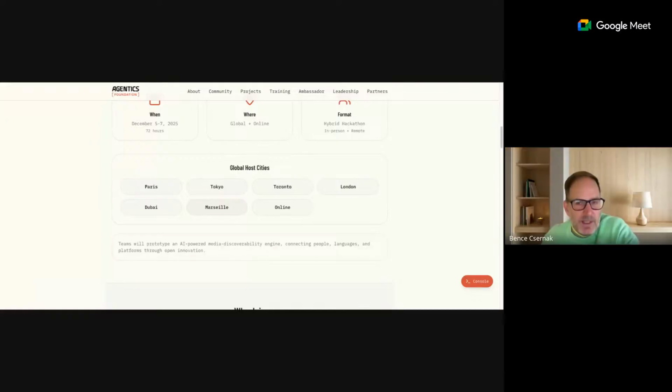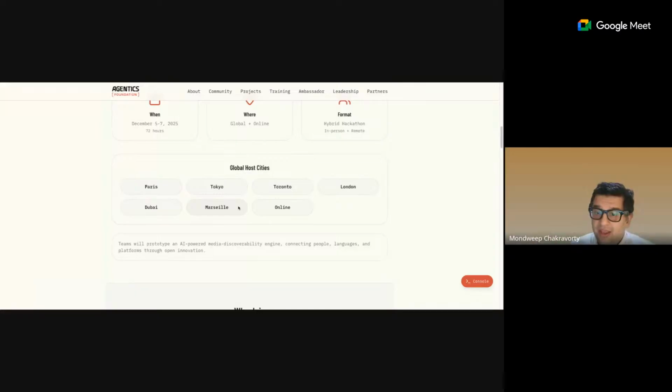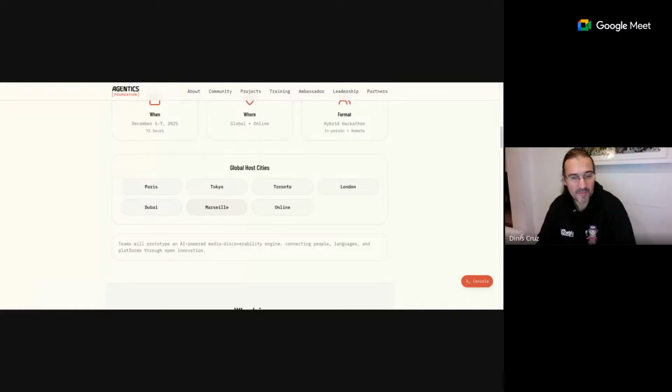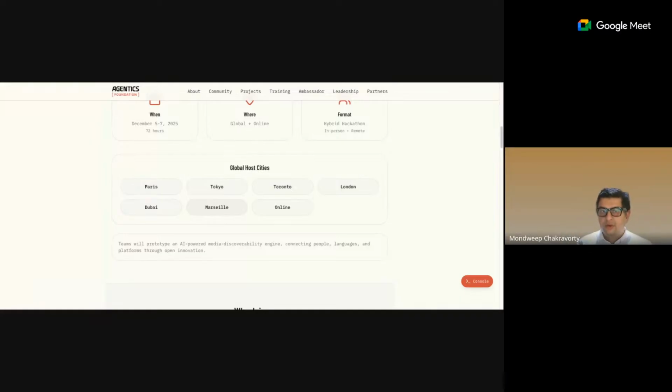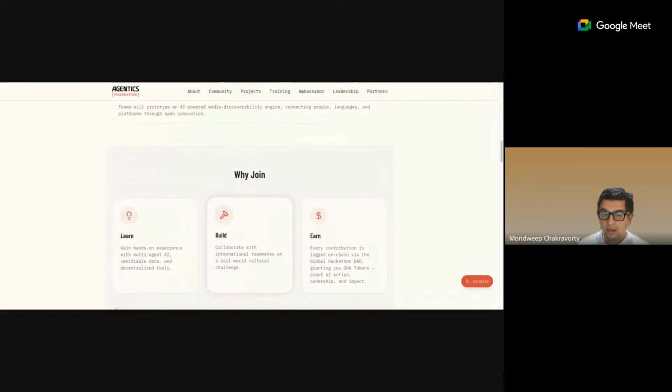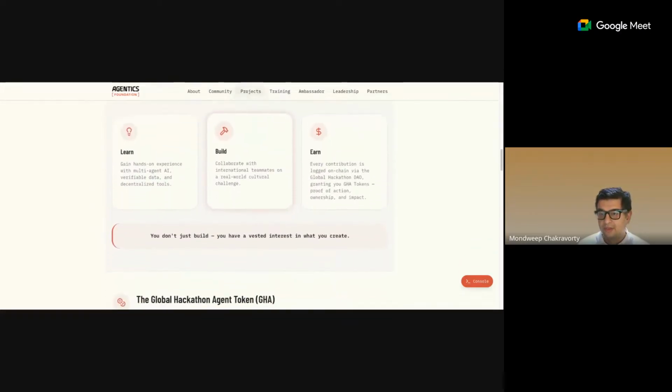So are we one team as London? We may actually do that. Why not? Yeah, let's do that. Or you can have one or more teams, and we have a fair number of access points. The idea here is share, learn, build, and earn. By the way, this is not a competition in the traditional sense.